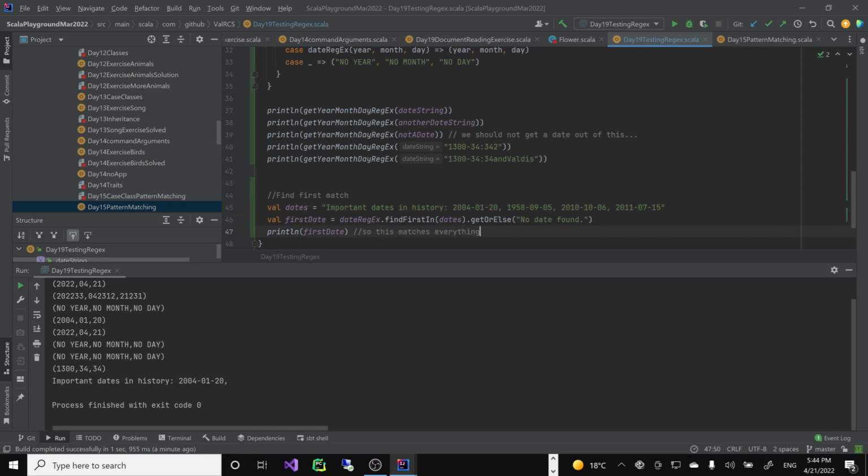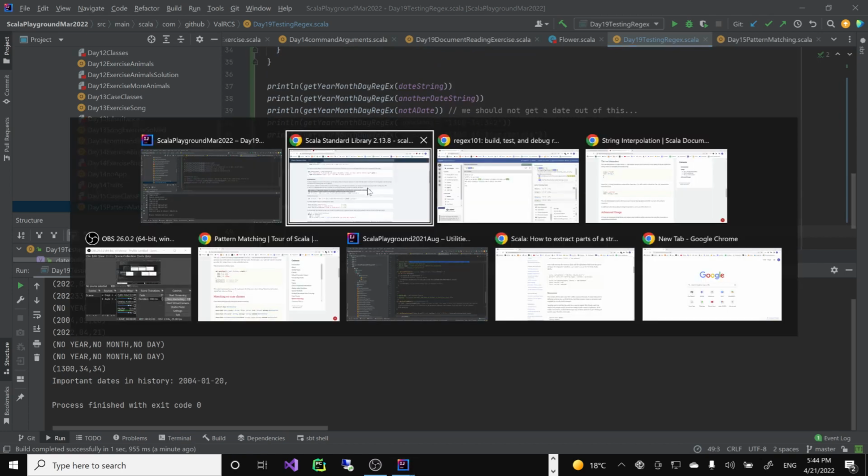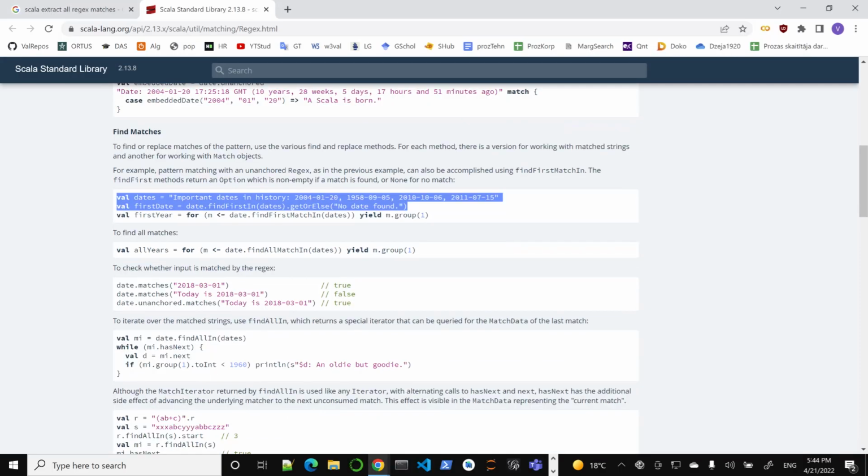We probably want something like all dates, right? And there is the option to do this. We can do matches, true or false, whether it matches. Is that a date? That's not a date, right? But also,